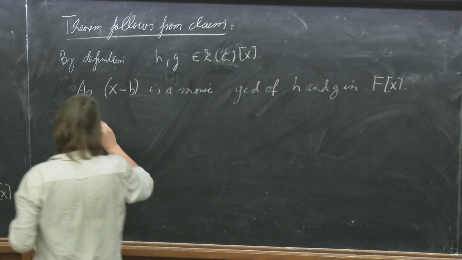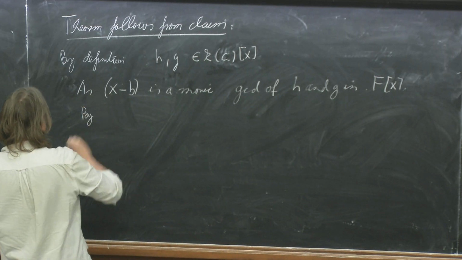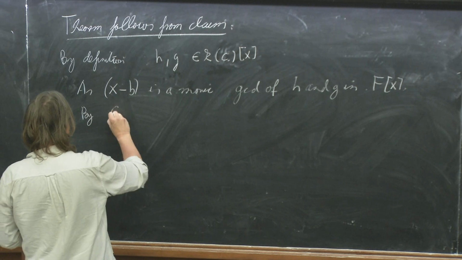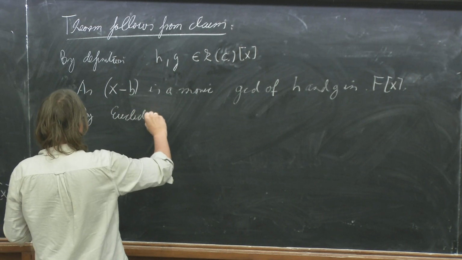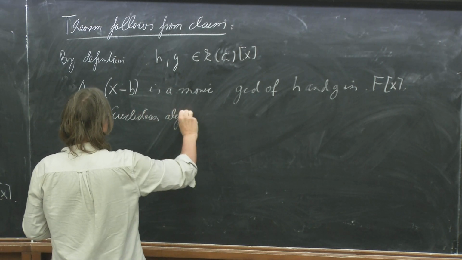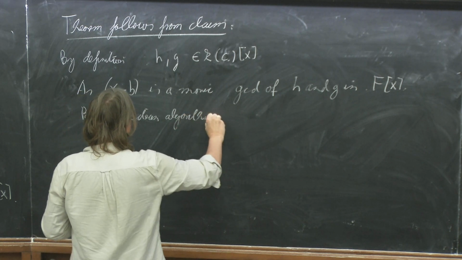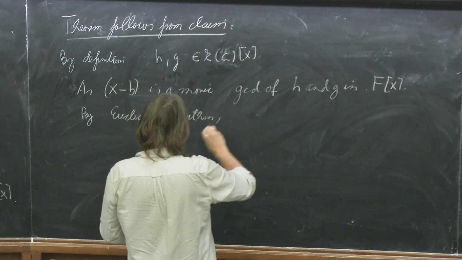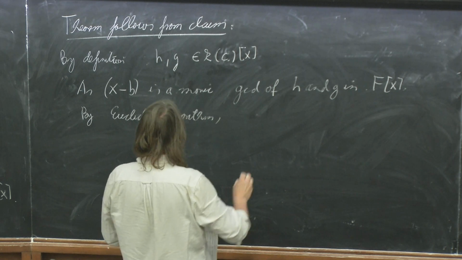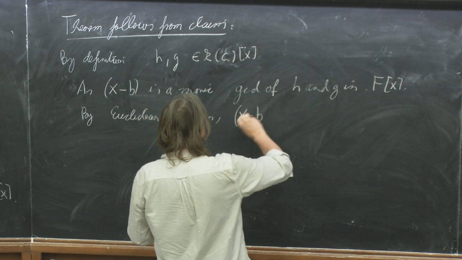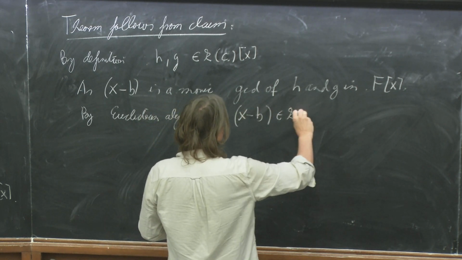By the Euclidean algorithm we got as a corollary of that x minus b is an element